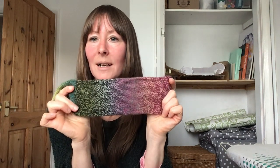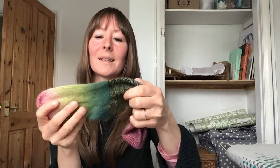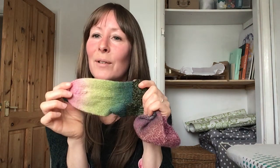So this part of the sock fits perfectly well. I don't think her ankles have grown outwards. She's just kind of growing upwards, and her feet are obviously getting longer. So what I think I might need to do, because it's taken me so long to get this far and to cast on the second sock,